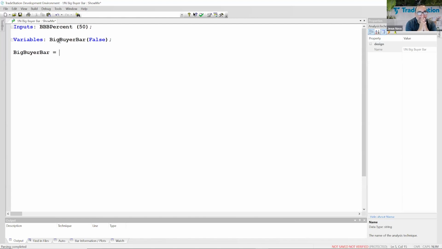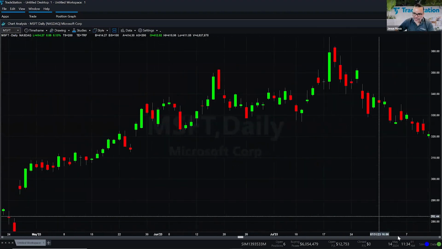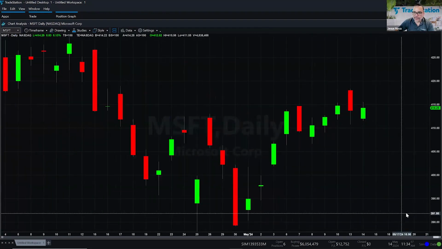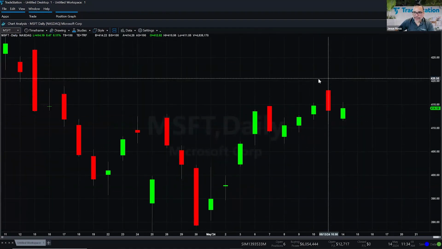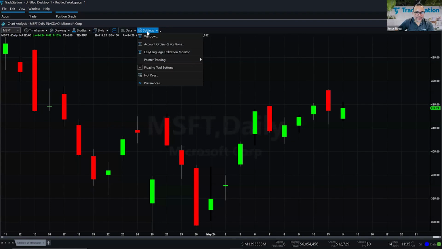We need to find out the tail, the size of the tail. Now, depending on the candle, if it's an up or a down candle, the price that is lowest to the low, it's either the open or the close. What I mean by that, let me go ahead and switch to my TradeStation, because a lot of times it just makes more sense to look at a candle so that we can understand what I'm trying to say. Okay, so we have a few candles here. On this red candle, let me take the